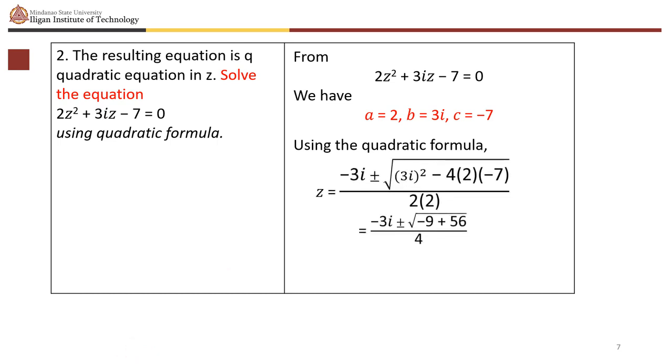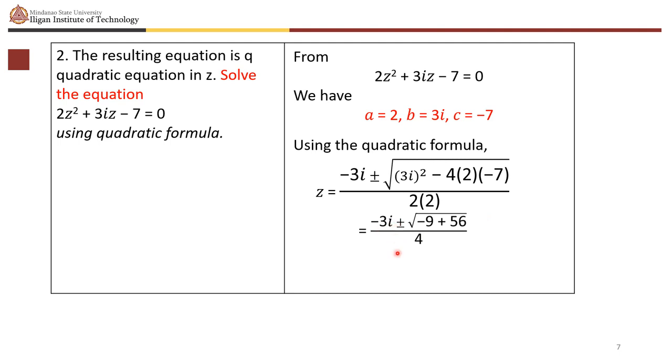the following. You have, since our b is 3i, so minus b will be minus 3i. Minus b plus or minus square root of b squared. So 3i squared minus 4a, where a is 2, then c is negative 7. All over 2a. So 2 times 2, our a is 2 here. So simplifying further, we have